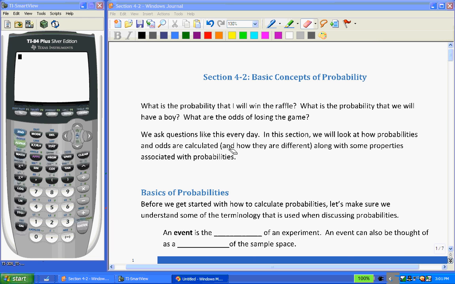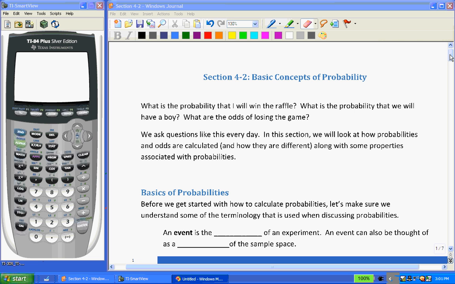Section 4.2, Basic Concepts of Probability. What is the probability that I will win the raffle? What is the probability that we will have a boy? What are the odds of losing the game? We ask questions like this every day. In this section, we'll look at how probabilities and odds are calculated and how they are different, along with some